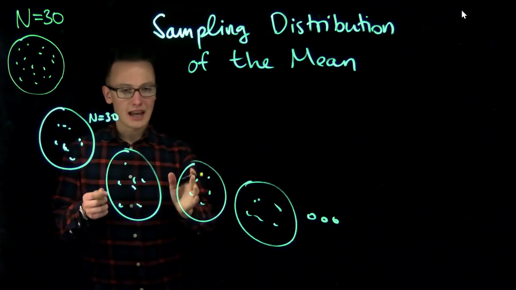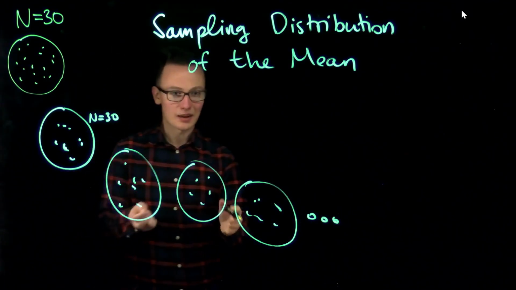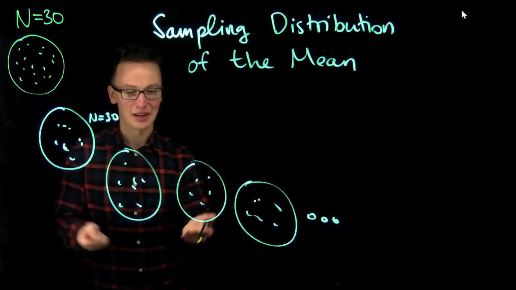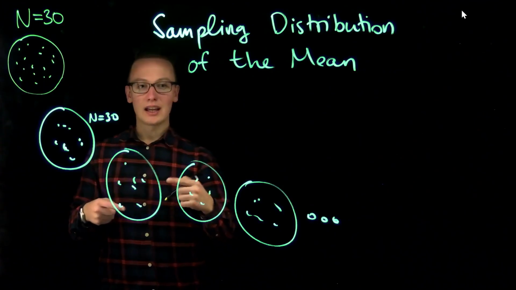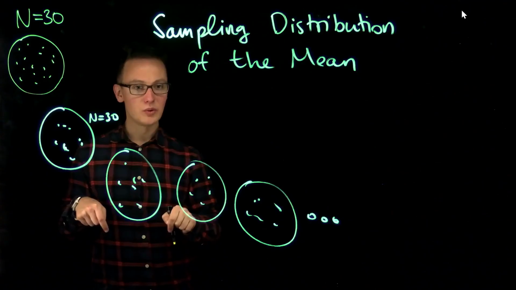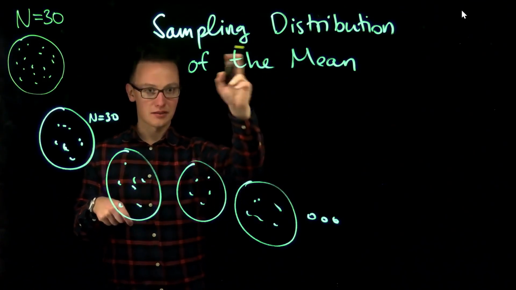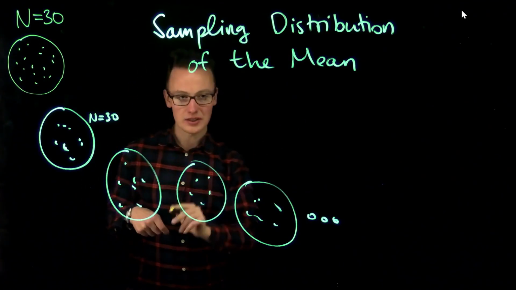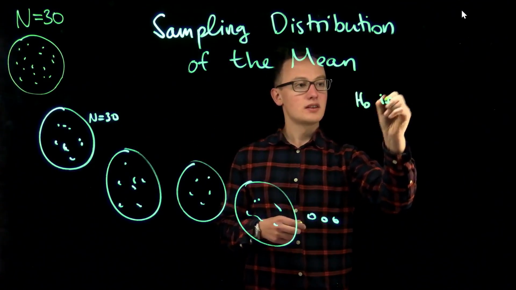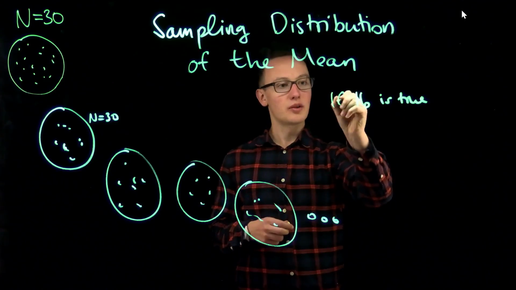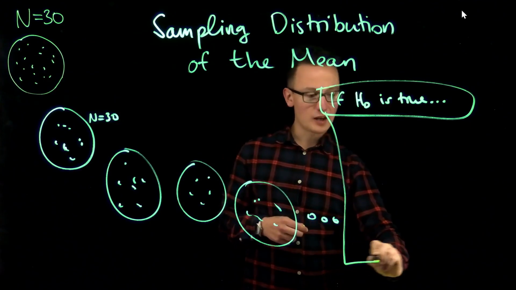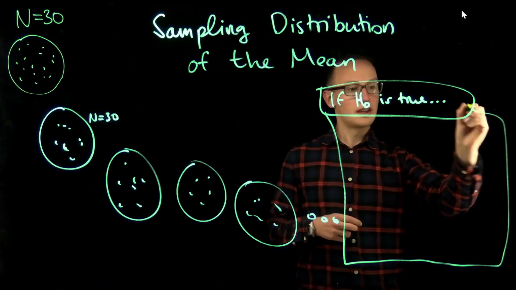This is actually not a practical idea, so it doesn't mean that we have to do this. Obviously this would take a very long time and it's not feasible at all. It's more a theoretical thought experiment that we have to do in order to construct this sampling distribution of the mean. So the idea goes like this. Suppose for a moment that the null hypothesis is true. We don't know this, but if that was true, then we can imagine a distribution